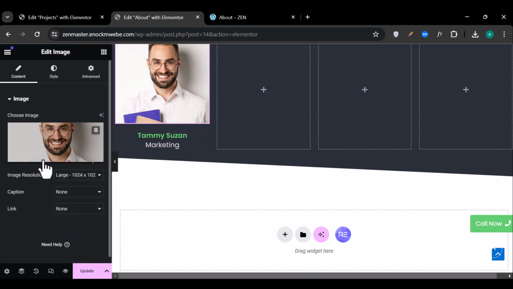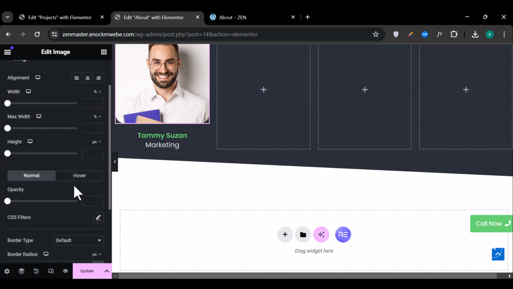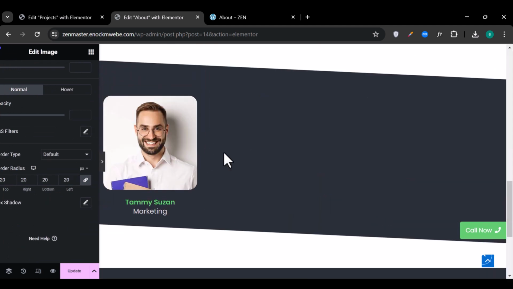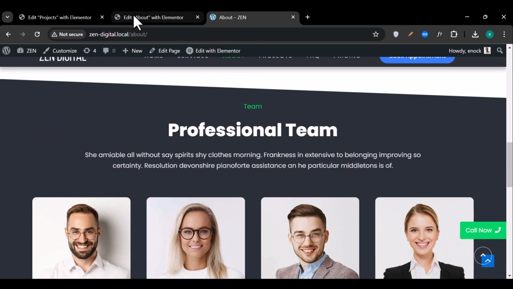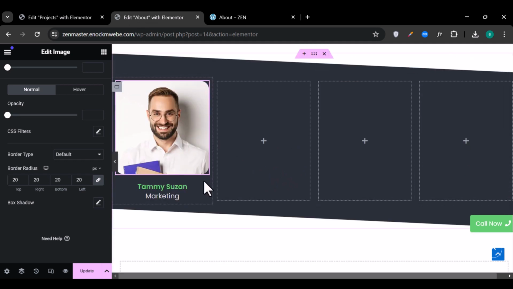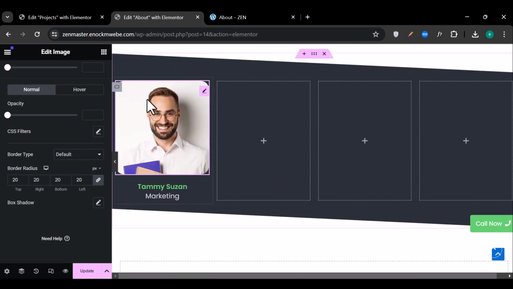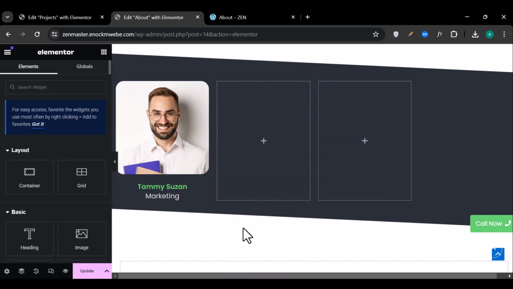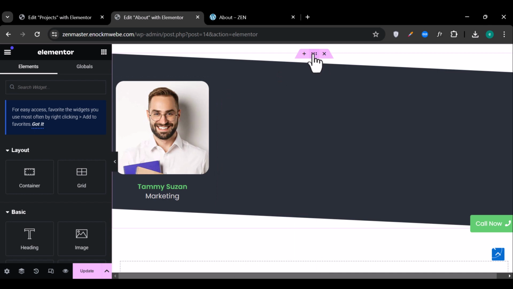Then we need some rounded edges on this image. So under style, let's just add a border radius of something like 20. Oh, 20 is too heavy, but I think that's fine. Then let's see how we're looking. That's quite good, but no. What I want to do actually is that I've made a mistake right under here, and I'll delete this, and delete this, and delete this. Okay, but what I'll do, I'll add another